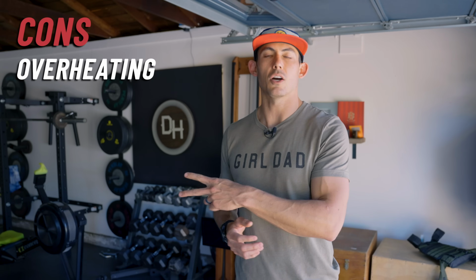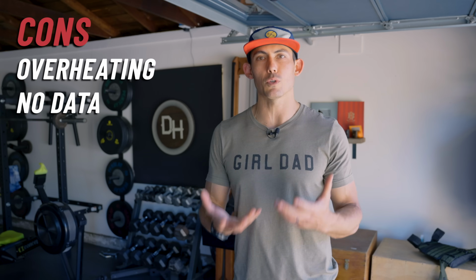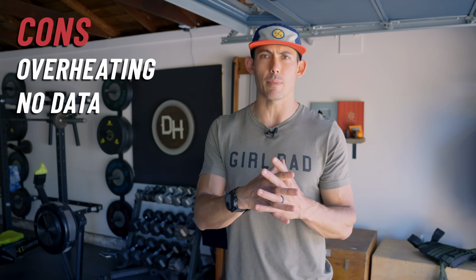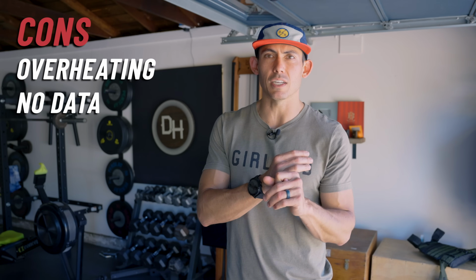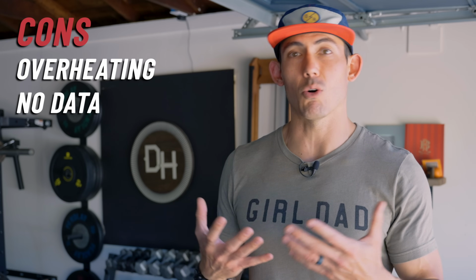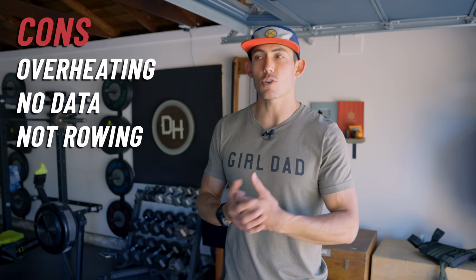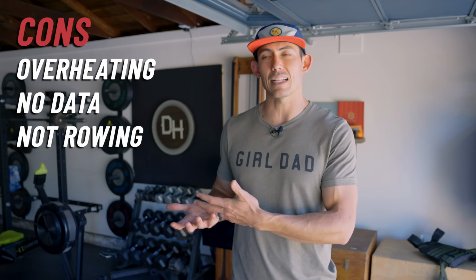Number 2 on the con side is that you're generally not going to collect any data. Most of these don't have any useful data coming in through any kind of a monitor. Maybe there's a time function, and frankly, that's probably it. Most of them aren't measuring any kind of wattage or output because there's not a whole lot of accuracy. Number 3 on the con list, you're not actually emulating the rowing stroke,